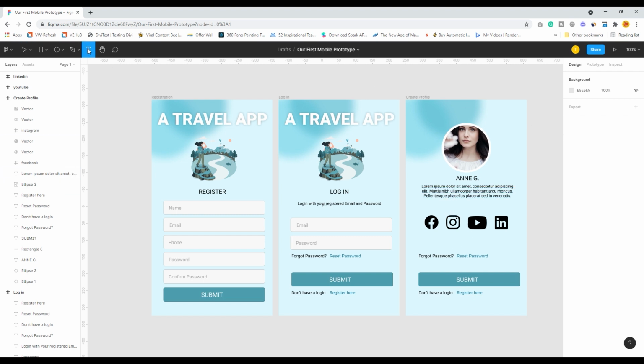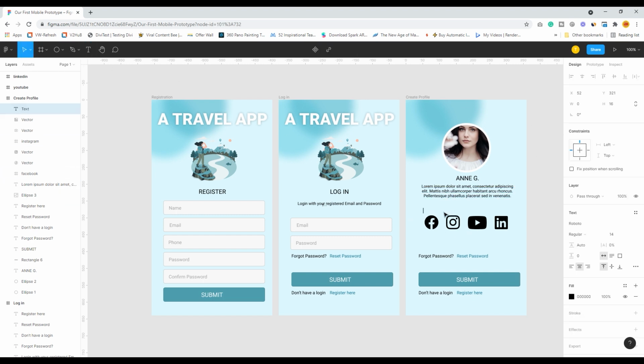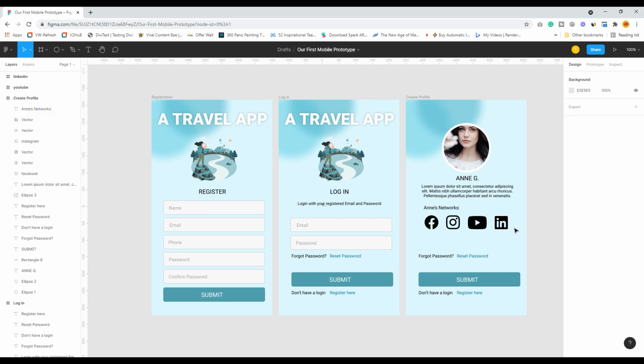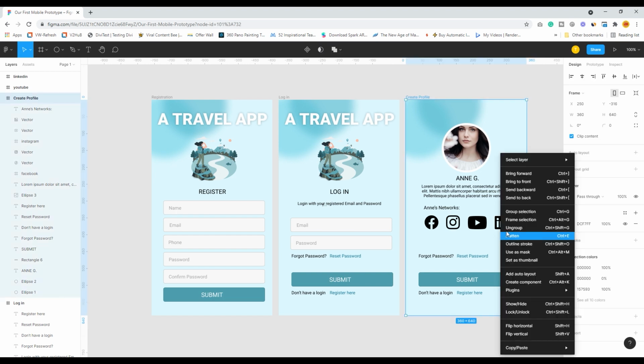I will also require one text over here, network, that shows where Annie is active, and I can have 3 dots over here.